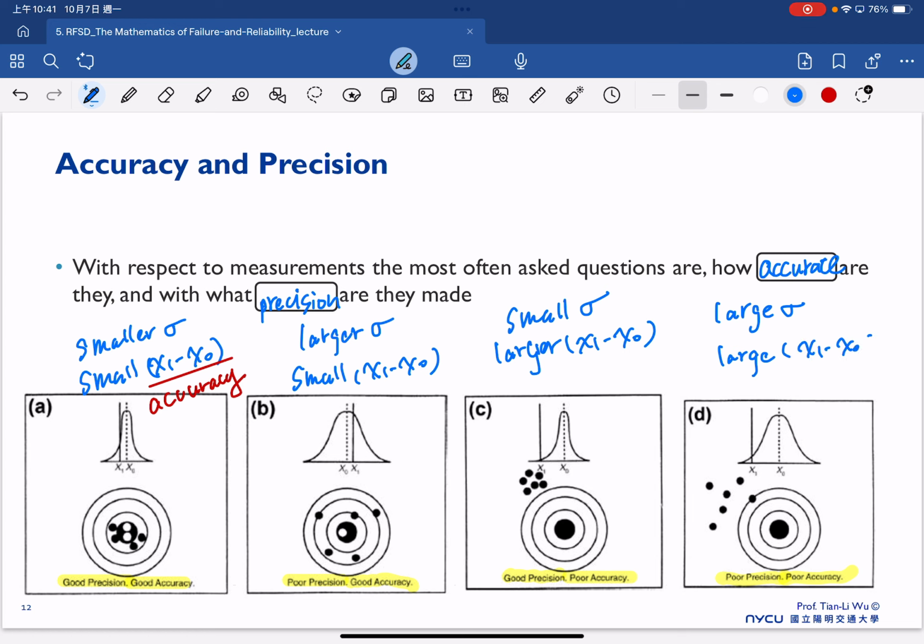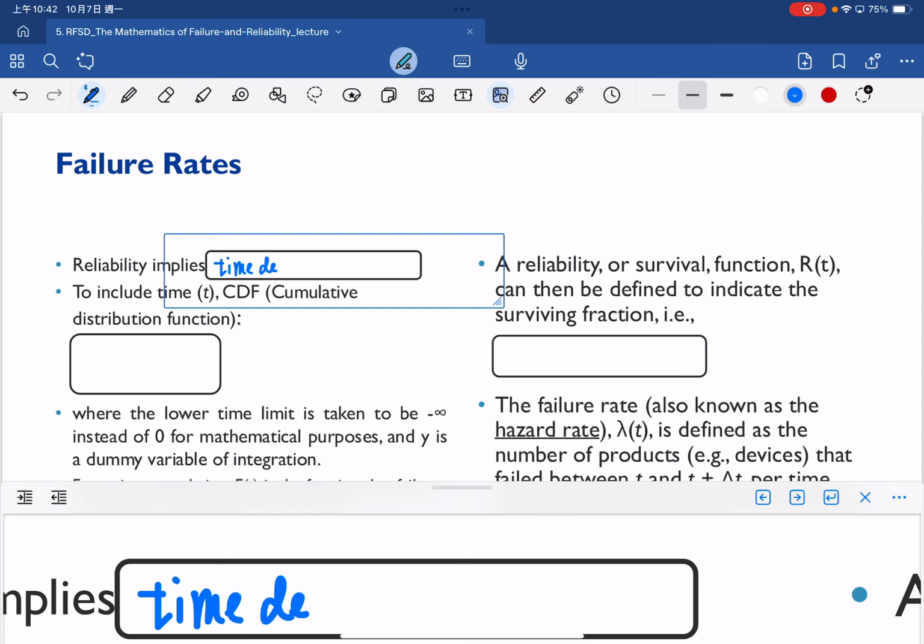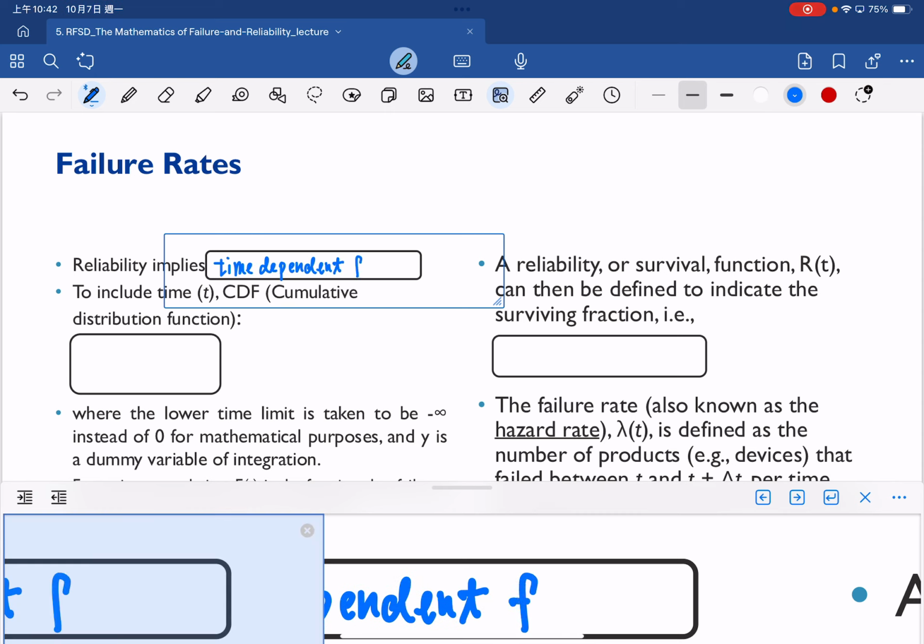So as we already know, reliability implies time-dependent failure. So therefore, we must include the time factor